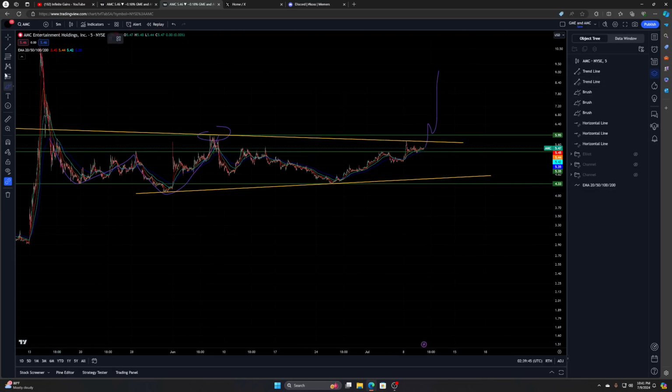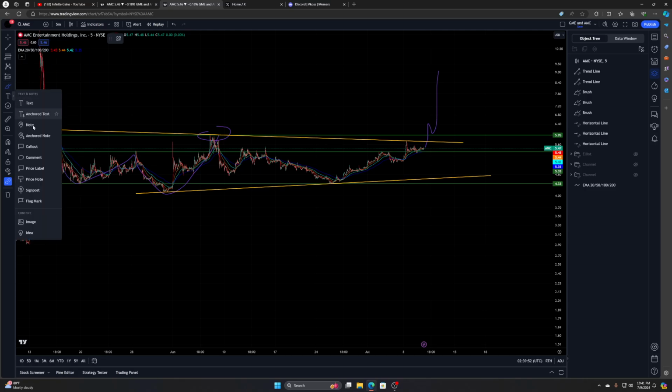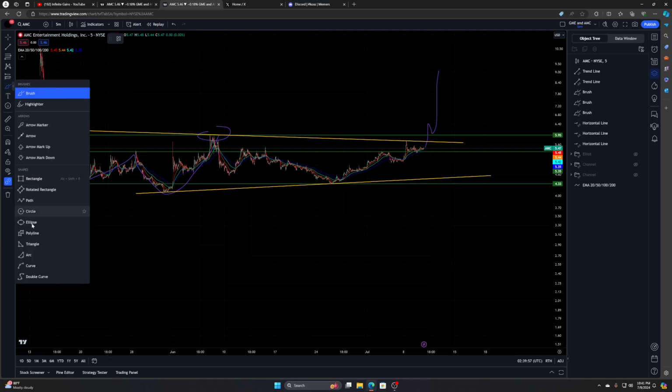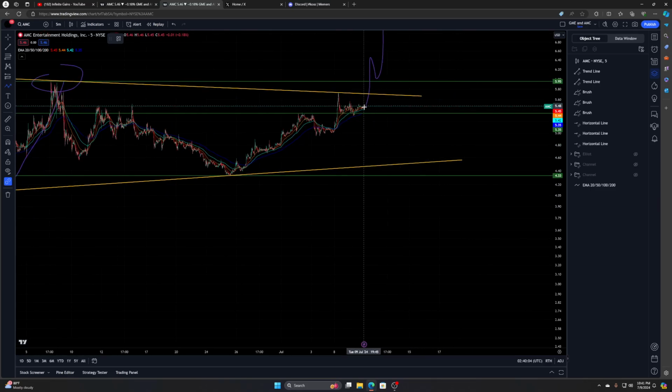So theoretically, this could legitimately happen. You would see something like, where is it? Oh, the path tool. Yeah, my bad. You would see something like this: if you don't get your advancement, if we literally tomorrow don't advance and break this $6 level